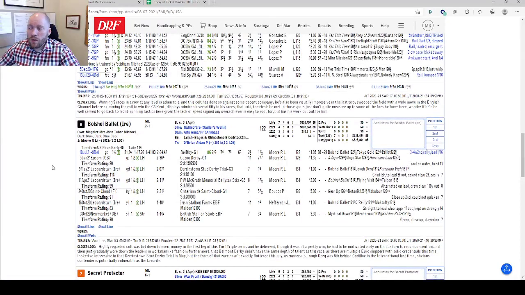Bolshoi Ballet won the Belmont Derby. If you look at his form, though, you can see that he'll win a couple and then throw a massive clunker in. I don't know what happened in the Kazoo Derby. He should have won that St. Cloud Crit. I don't know what happened and why he sort of just didn't show up.